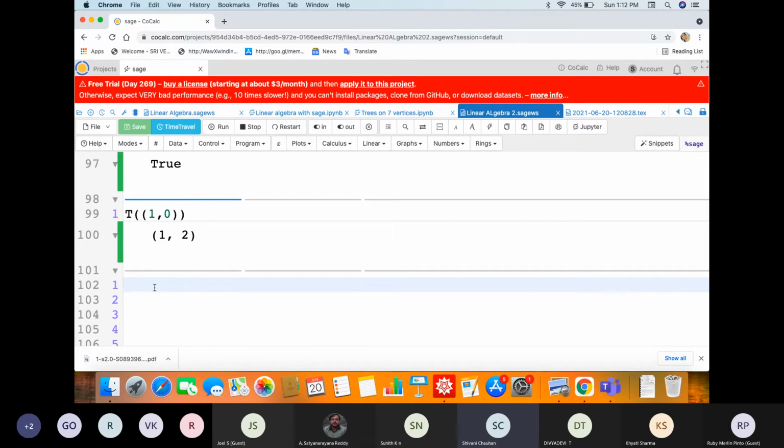Now I will explain how we can combine matrices in block forms. So let us define one more matrix.